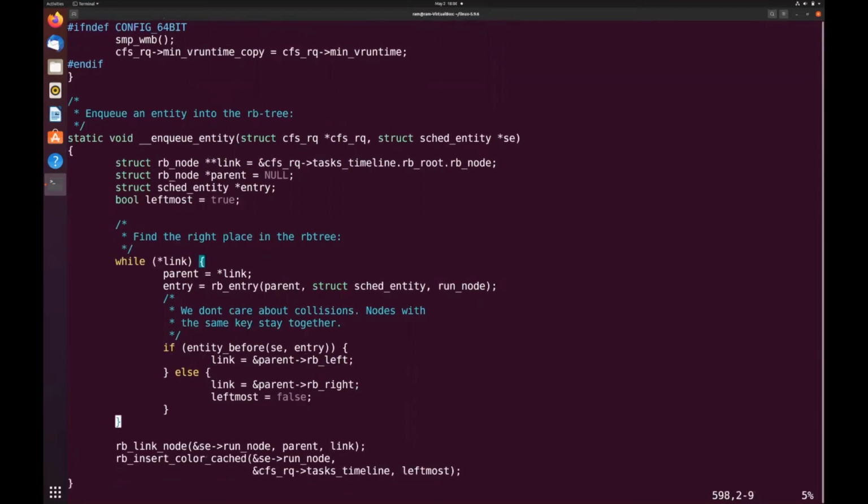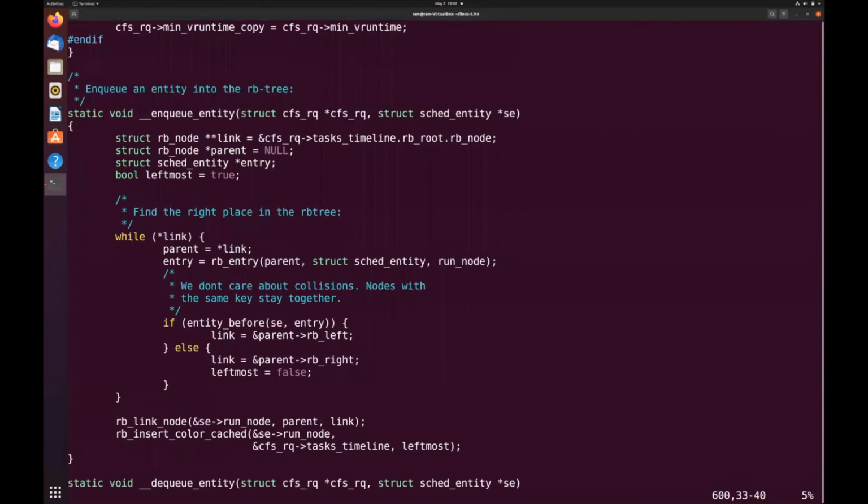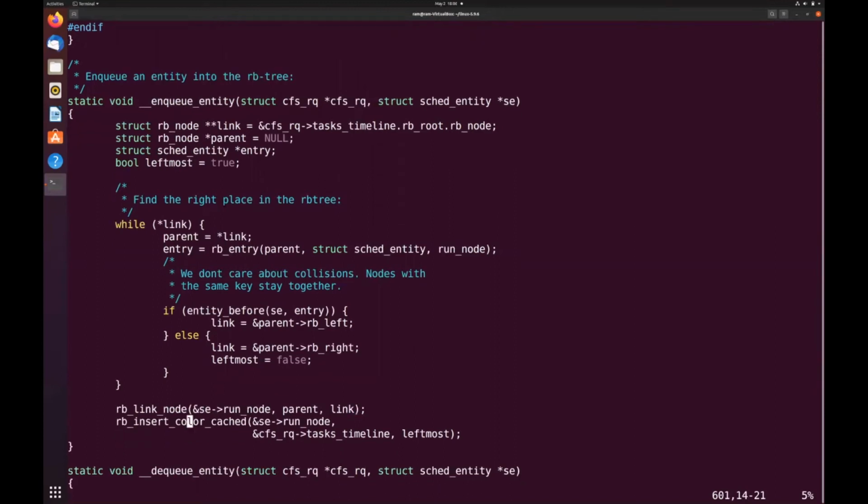After this location is finalized, it is trying to assign the node as a child to a parent, and when this insertion happens, the red black tree balance property may be disturbed. So with this function rb_insert_color, it is actually balancing the height of the red black tree. Now let's visit how the schedule function is called and how it works.